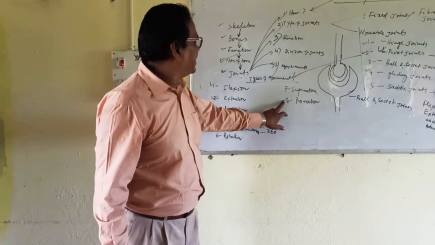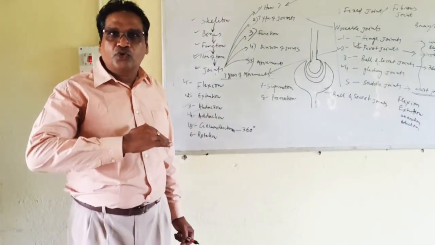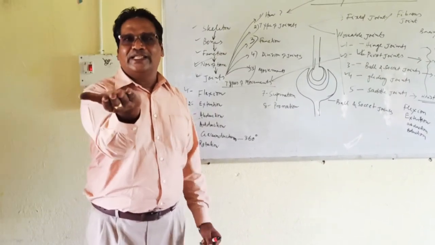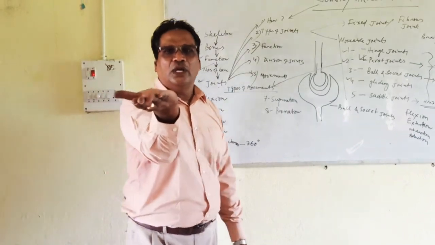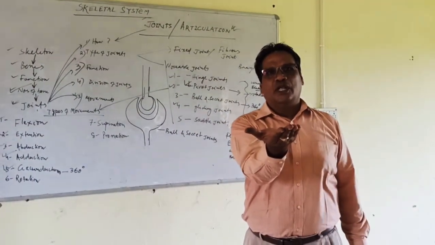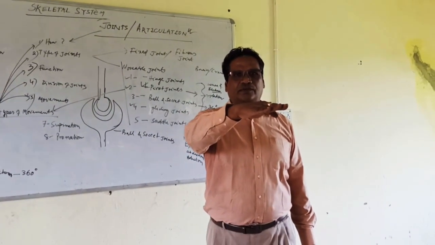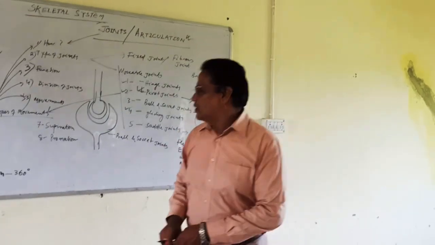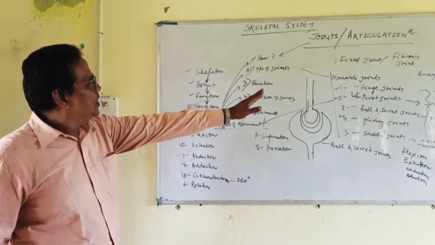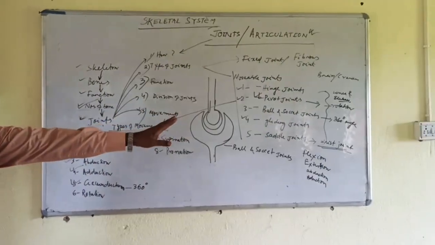Then comes supination. Supine means face up. Suppose your face is here, this is the ground. You see, this is the palm, upward movement of the palm. This is the supine position. Prone is downward of the palm. This is pronation. So these are the different types of movement expressed by the movable joints like hinge joints, pivot joints, ball and socket joints, gliding joints,